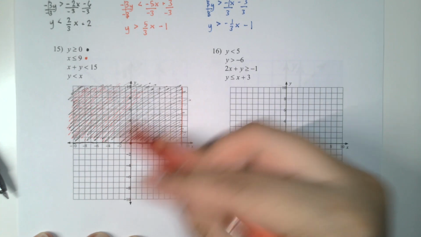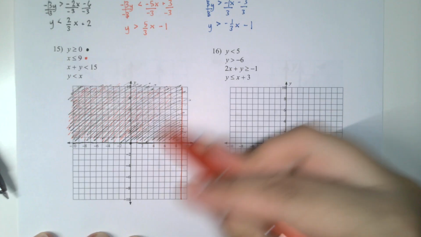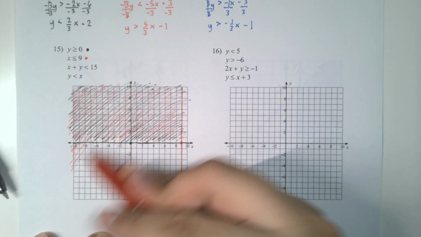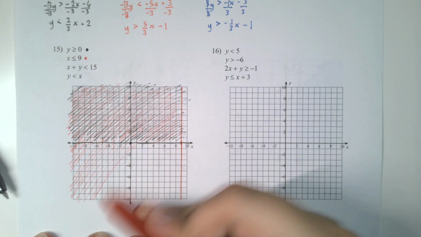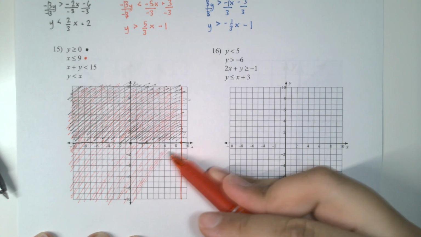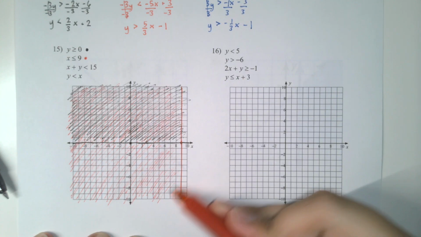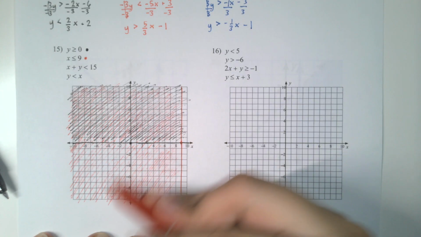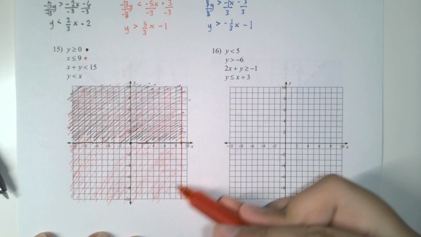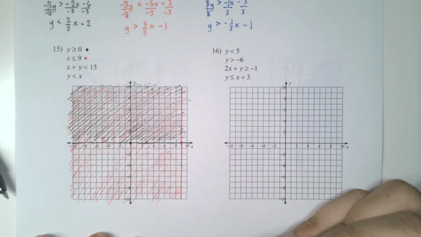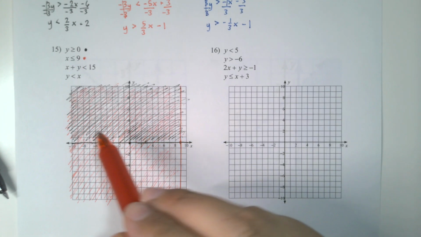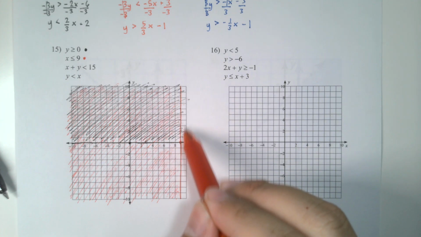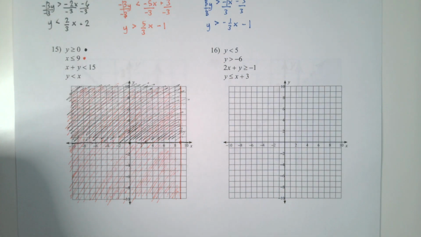So everything over here, and I'm just breaking this up because I don't trust myself to shade across the entire graph in one go. But now that's going to be everything over there. Okay, so far we have this overlapping region above the x-axis, but to the left of x equals 9. Next,